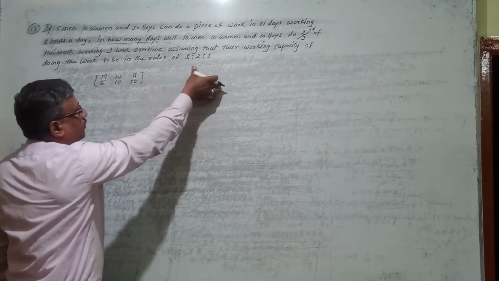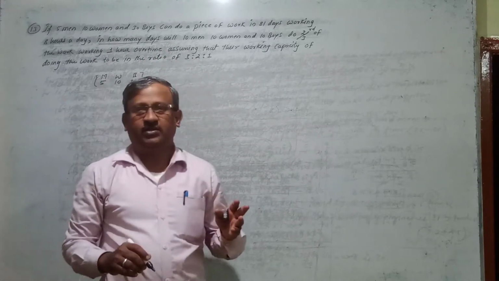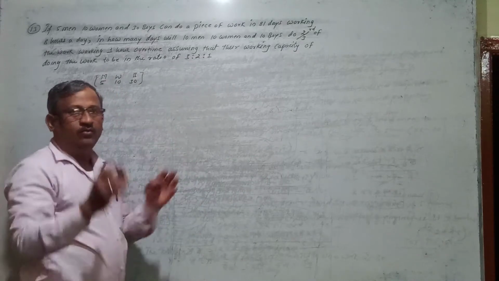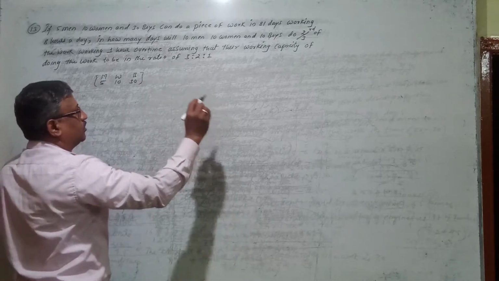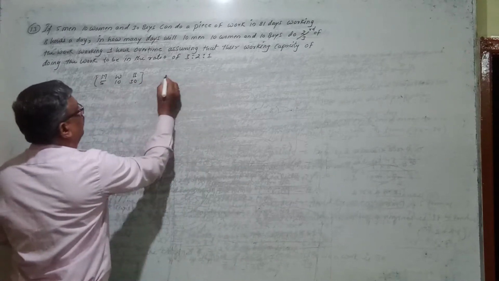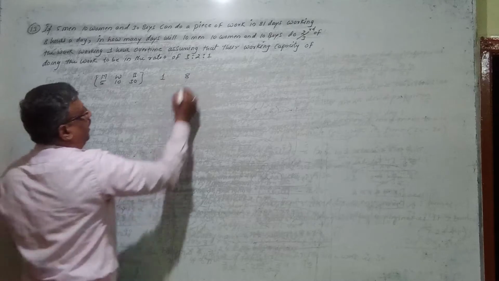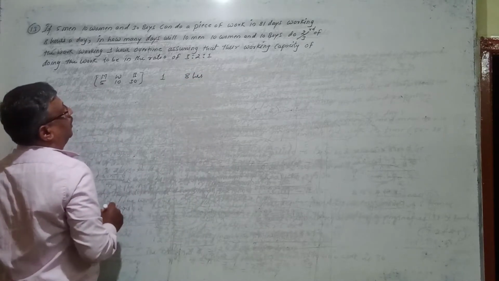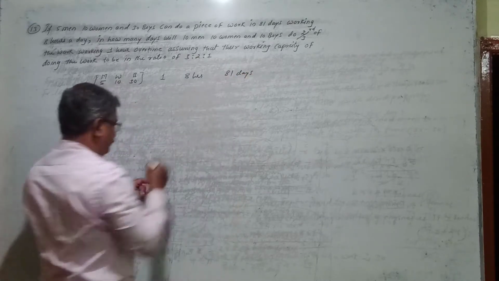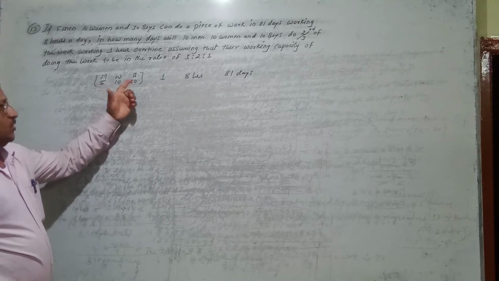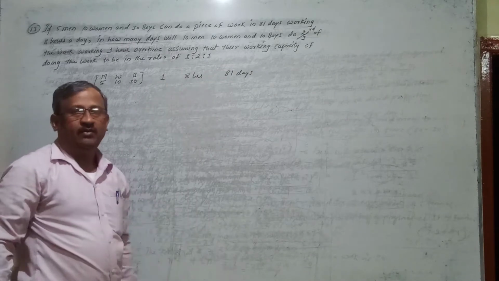So all are working to do a work. As I told in the previous class also, total one work is numerically denoted by 1. That work is assumed to be 1. So this group can complete full one work working 8 hours. How many days do they take? 81 days they take. Means if this group works together to complete full one work working 8 hours, they take 81 days.